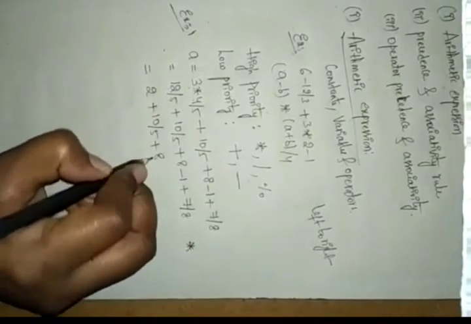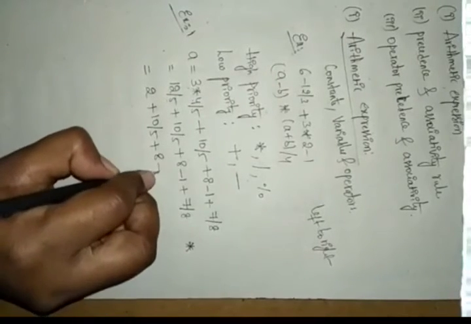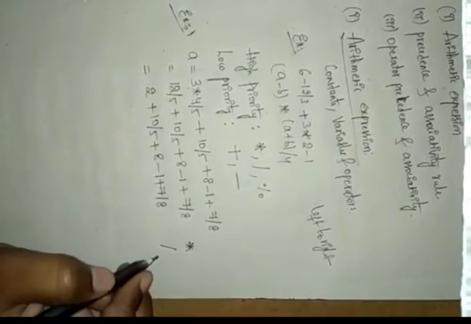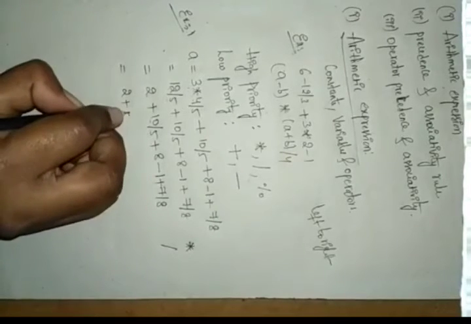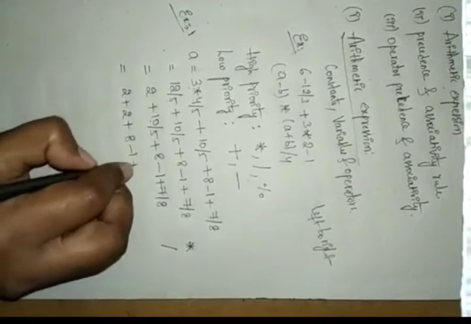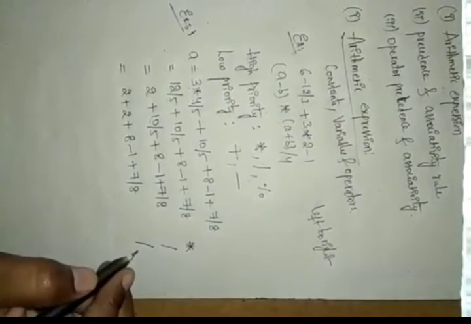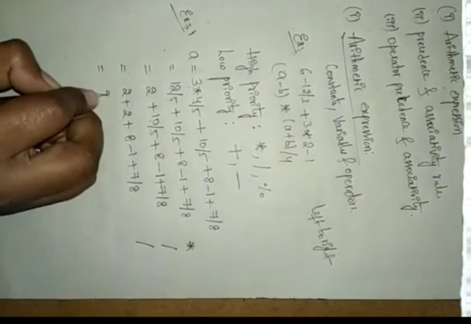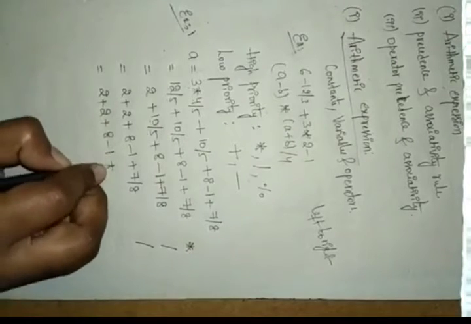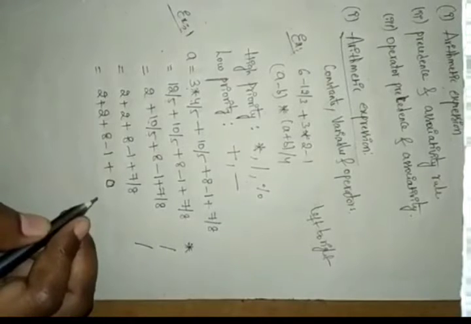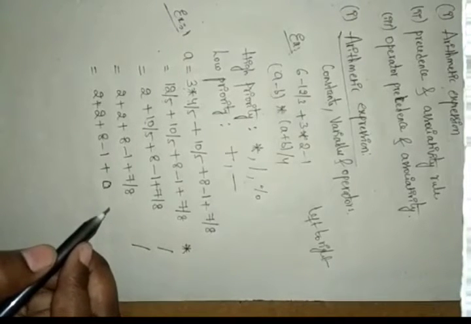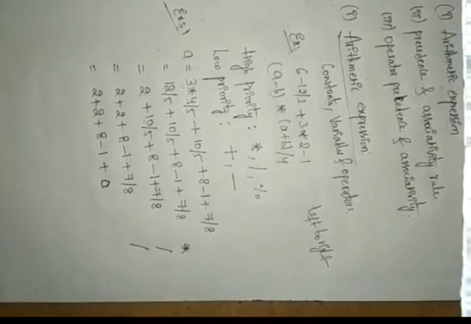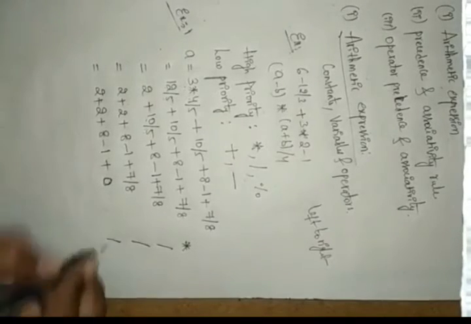And next, 10 / 5 means 5 2s are 10, so 2. Whatever fractional part we have, we are removing. And 7 / 8 we did division. So 2 + 8 - 1 + 7 / 8, and 7 / 8 means 0. Why? Because it is not calculated as a fraction. 7 / 8 will give 0 point something, so after the fractional point we remove everything and take only the value before it.